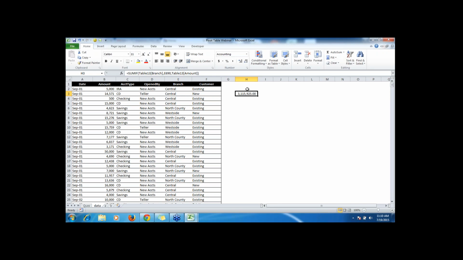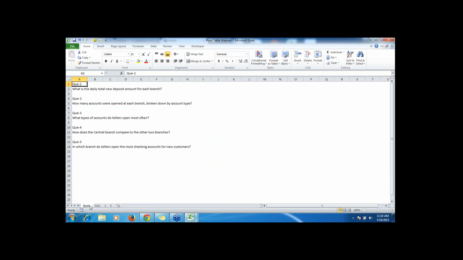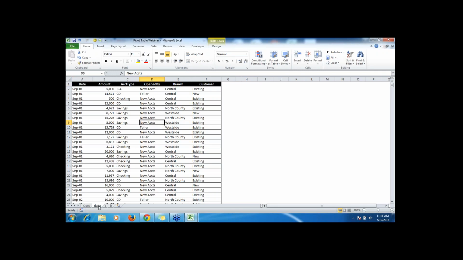Okay, so I hope that is understood. So now what we'll do, if you just look at the data, we are going to create a few pivot tables out of it. Now to create them, I have created a tab which is questions. Now we'll solve these questions and create 5 different pivot tables using this data. So it's very simple. Before going to the question, let's create a normal dummy pivot table. The way of doing it, if that file is open on your system,